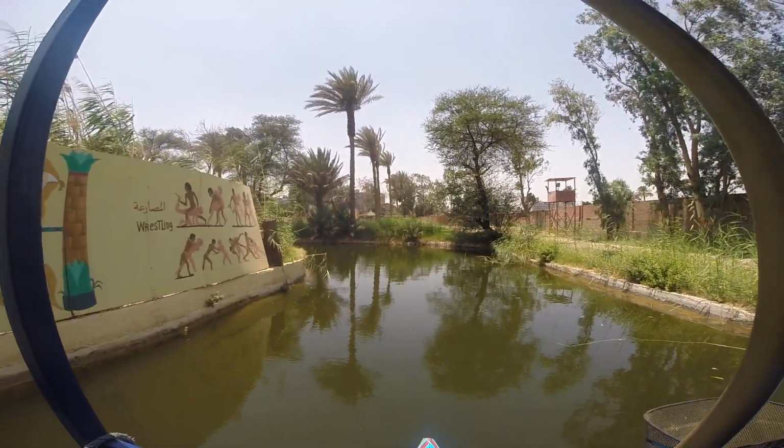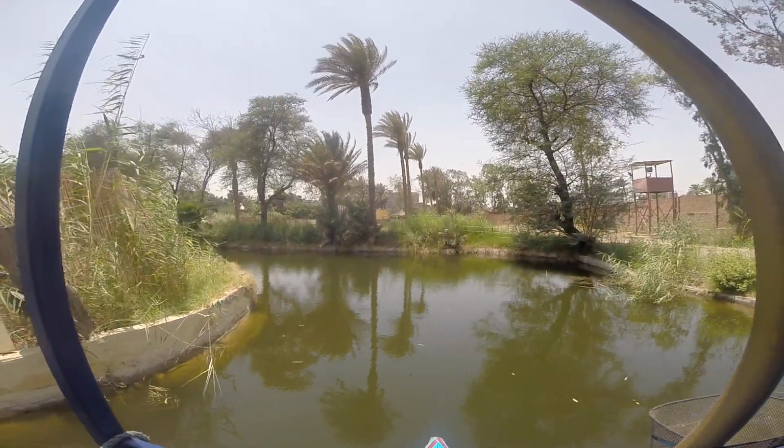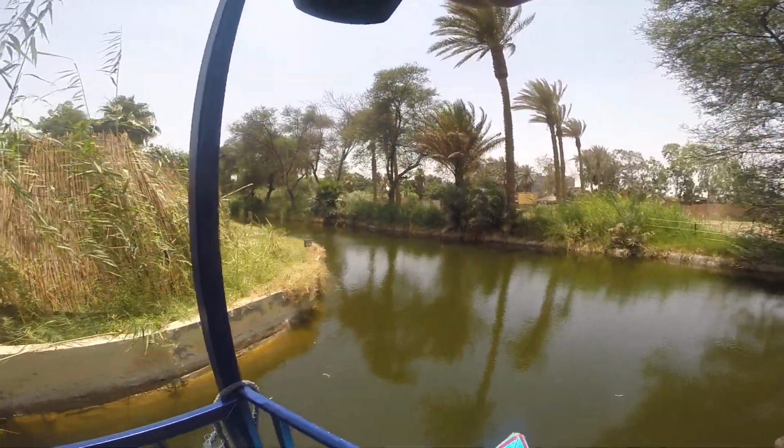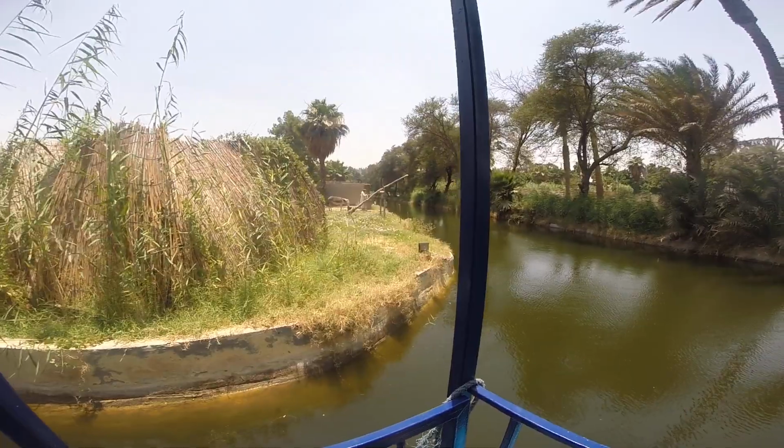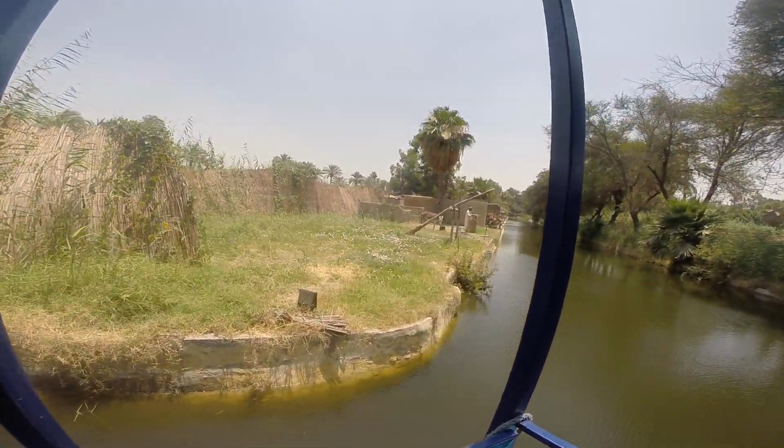Next there are demonstrations of some industries and crafts, the first of which is brickmaking. The material used is the Nile mud, which is mixed with water and chopped straw into a thick paste. This paste is put into a wooden mould